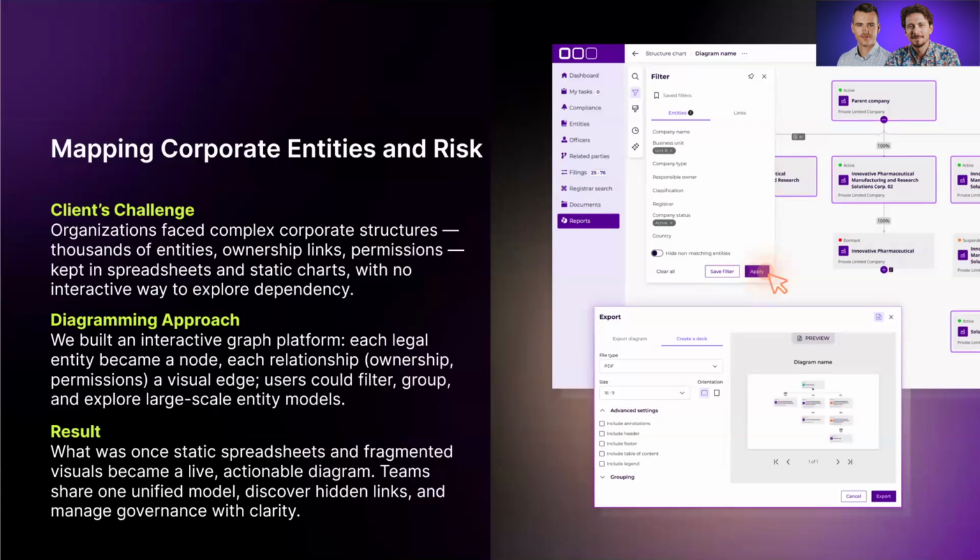Once again, a client already had this process done somehow, right? I think initially they were using tools like Microsoft Visio or something like that for doing those diagrams manually, but it had a lot of drawbacks, right? Once again, maybe something little changed within the organization structure, and if you had those graphs created, you needed to redo them, right? There was also a lot of manual work on figuring out what data I actually want to represent on those charts. So once again, diagramming came